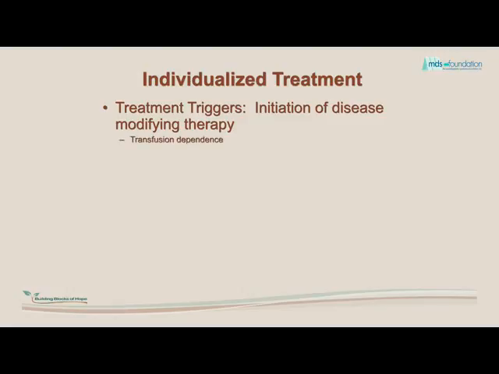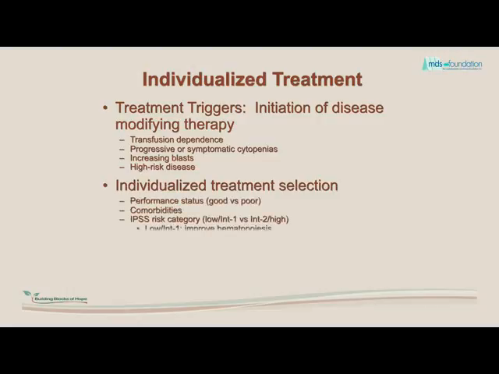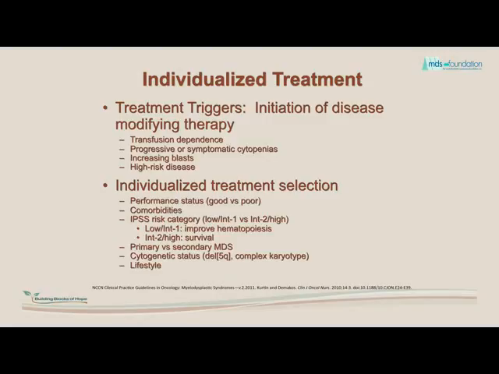Transfusion dependence, or progressive or symptomatic cytopenias generally indicate the need for active therapy. For patients with low-risk disease, the goal is simply to improve hematopoiesis, improve the quality of life, and minimize toxicity. Extending overall survival has been demonstrated in one study using azacitidine. In high-risk disease, the goal is to extend survival and suppress the potential to go on to acute leukemia. These patients are at high risk for early transformation to AML and generally require immediate and aggressive therapy.